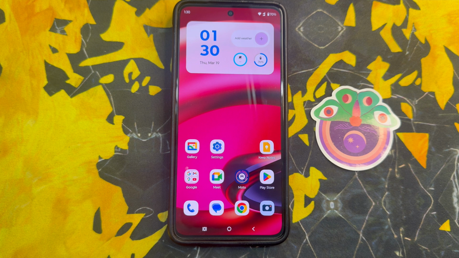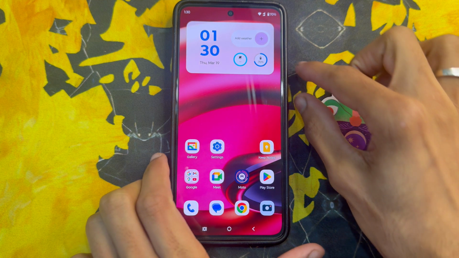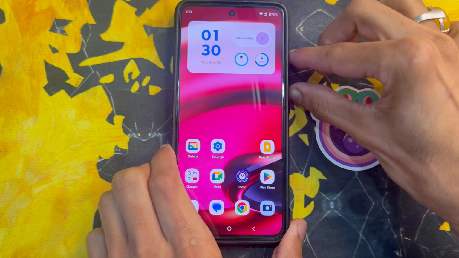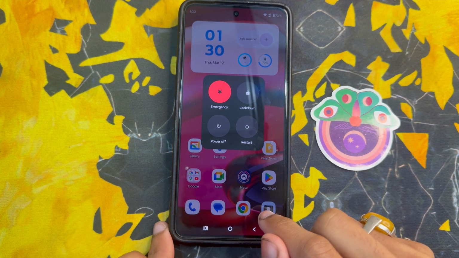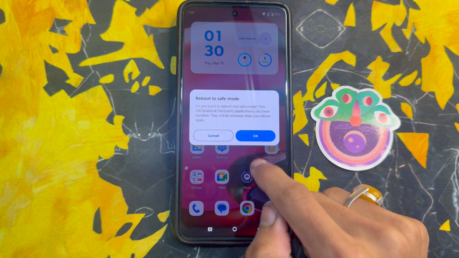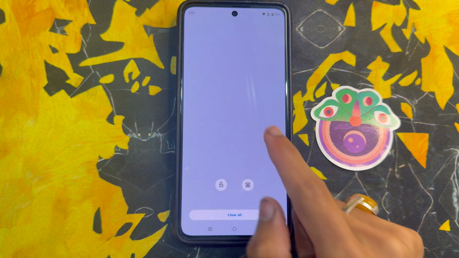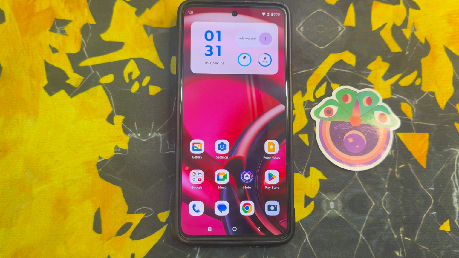Let's start the video. First of all, if you want to fix this problem, restart your phone. Just click and hold the side power button and volume up button. You will see Restart Phone from here. After restarting the phone, you will see your problem is solved. But if it does not solve,